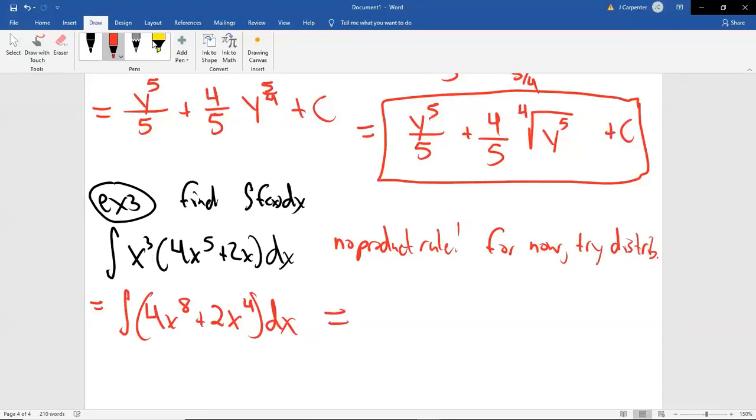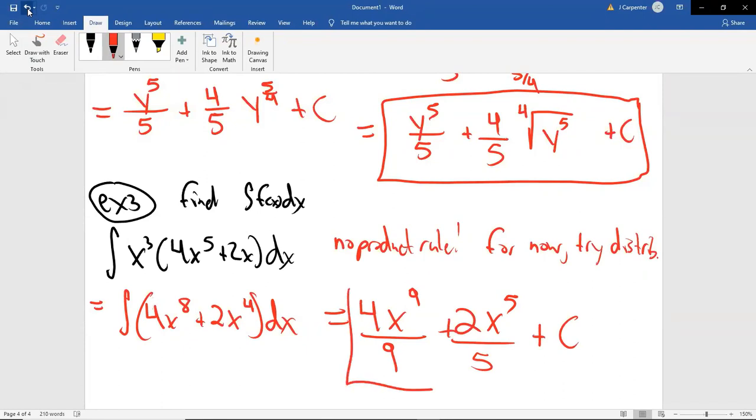So equals. Now I'm integrating, so I don't write this symbol anymore. I'm going to apply the rules. Leave the 4 in the front. For the x to the 8th, add 1 to the exponent. 8 plus 1 is 9. Divide by the same value, 8 plus 1 is 9. Plus symbol. Leave the constant coefficient in front, so plus 2. Add 1 to the exponent, divide by the same thing. So that's now x to the 5th, and divide by 5. Then don't forget our plus c. 4 and 9 don't reduce, 2 and 5 don't reduce. This is the answer.